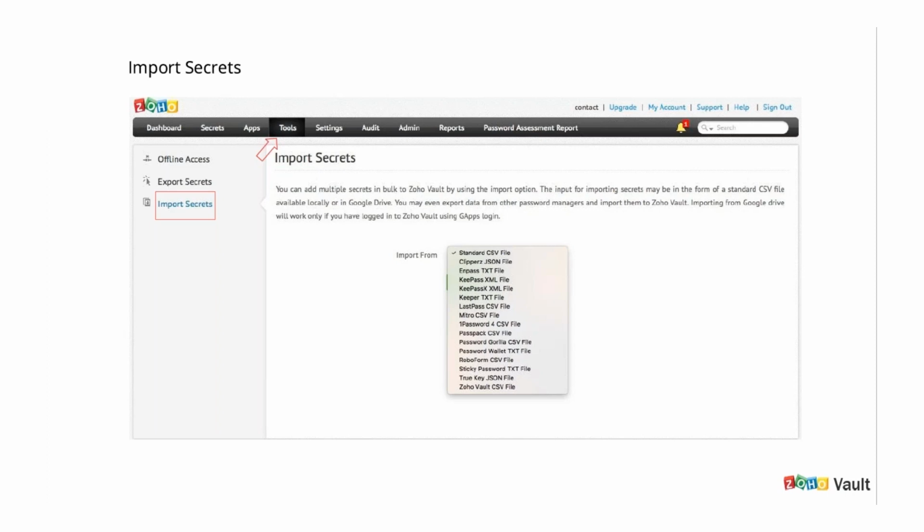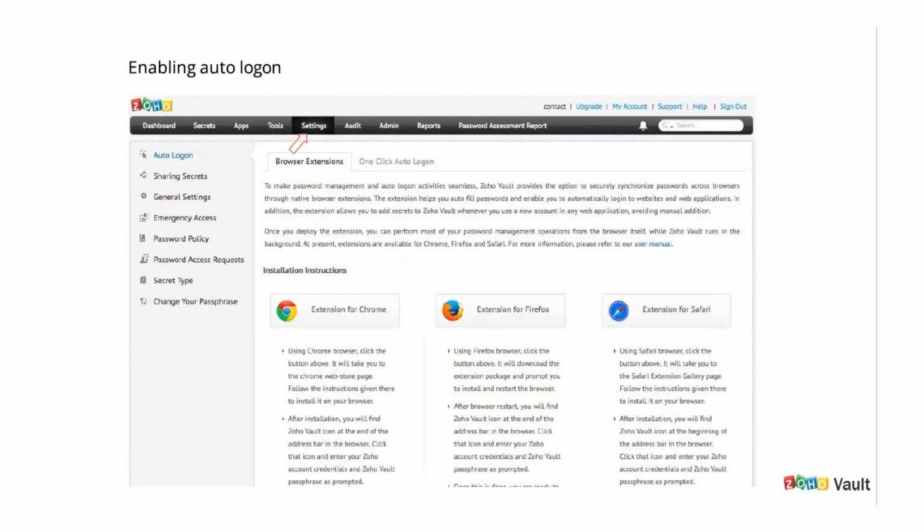So just download the password files from your different other password managers and import them here with the file format that is described here, and you're pretty much good to go. So this will instantly set up your Vault account if you're moving in that way.